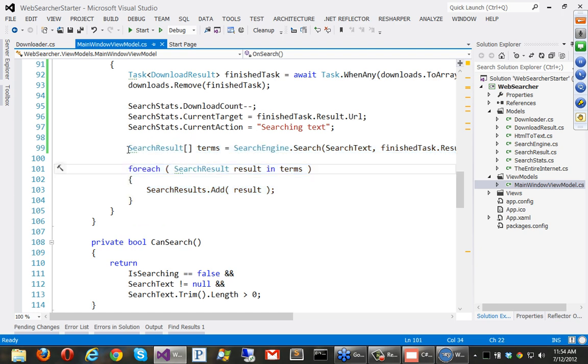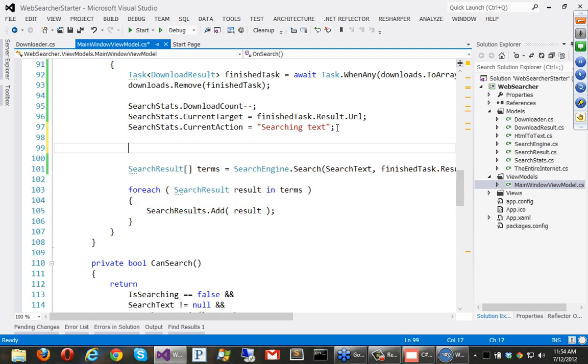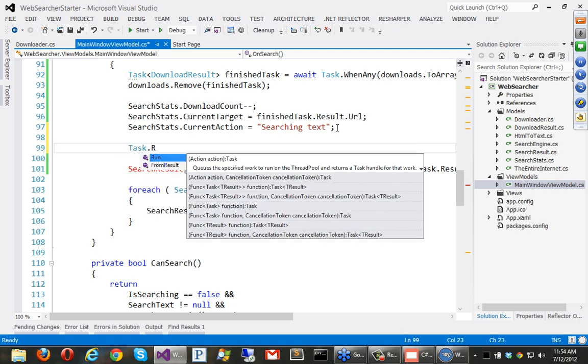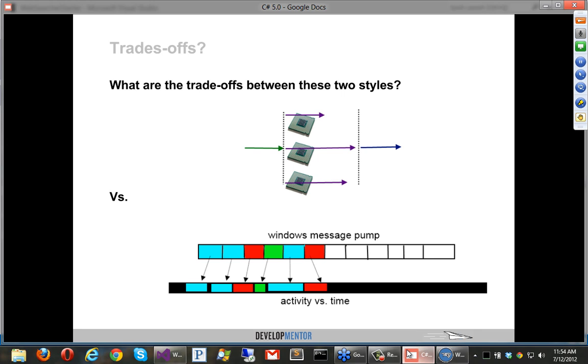So what we could do is write a method that does this stuff in serial, and then convert them to tasks. The way we would create something like that, which actually runs on a background thread, is you would say task.run. Task.run is kind of like the task that we had before, but it actually creates one. Here you can see right in the description, it queues specific work to run on the thread pool and returns a task for that. So that lets us get back and do some of this true computational processing.